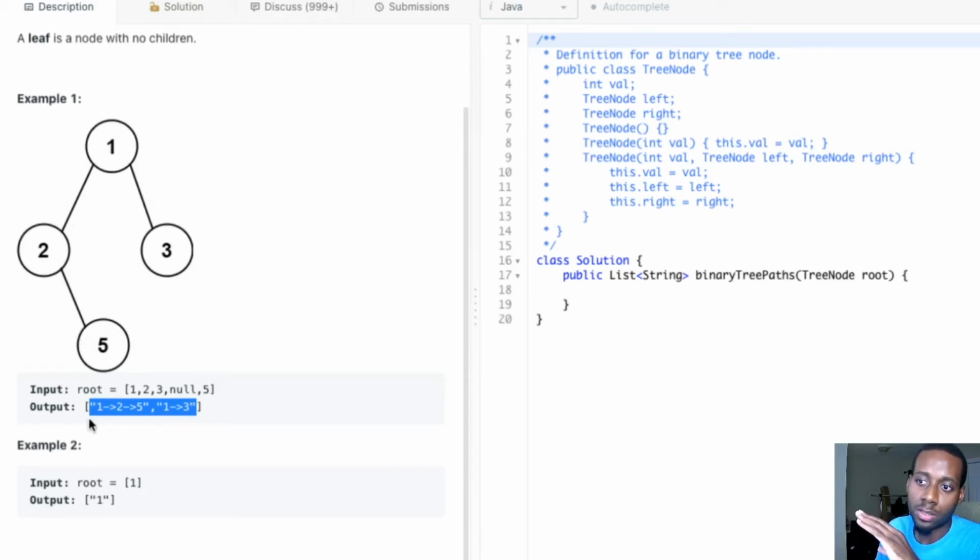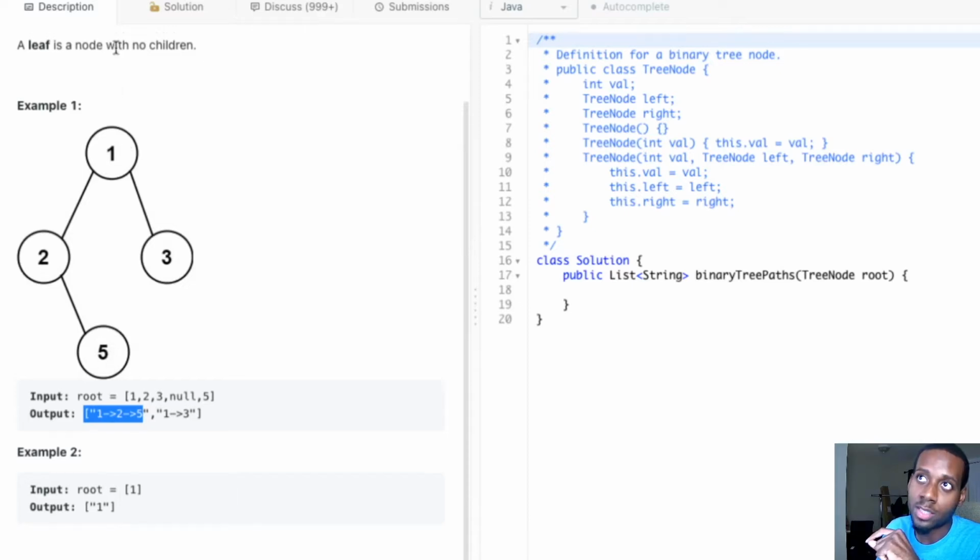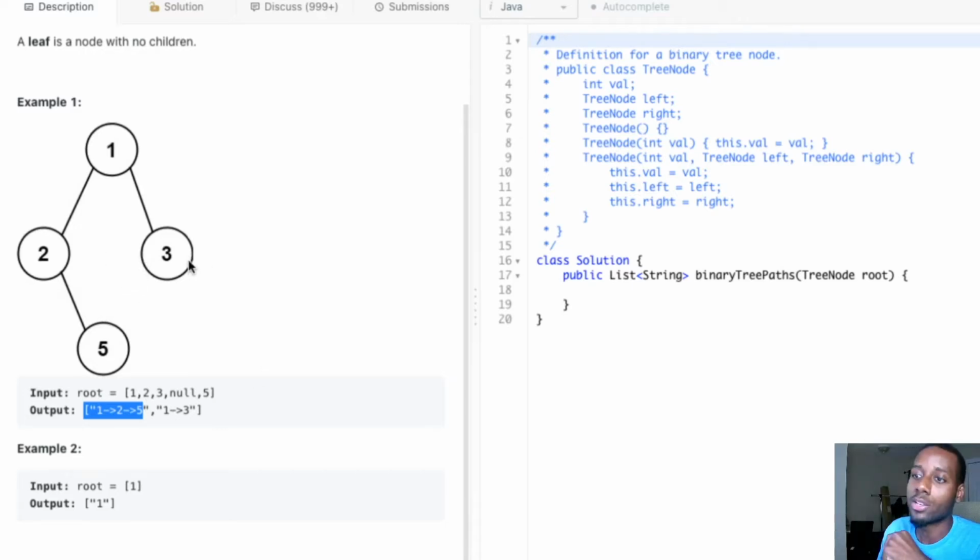So you've got 1, 2, 5. That's one path. Then the other one is 1, 3, because 3 is a leaf, and 5 is a leaf as well. A leaf is a node with no children. So they both don't have any children, so that's two of them. They're leaf nodes. So now that we know that, guys,